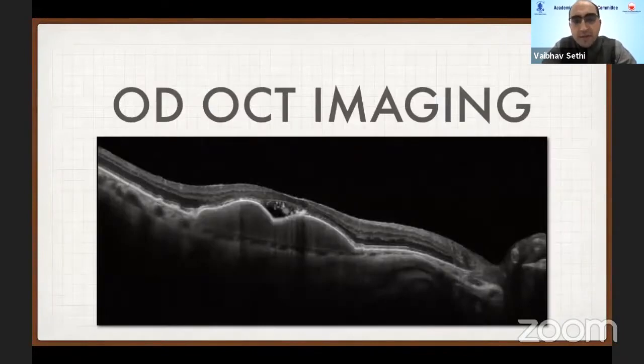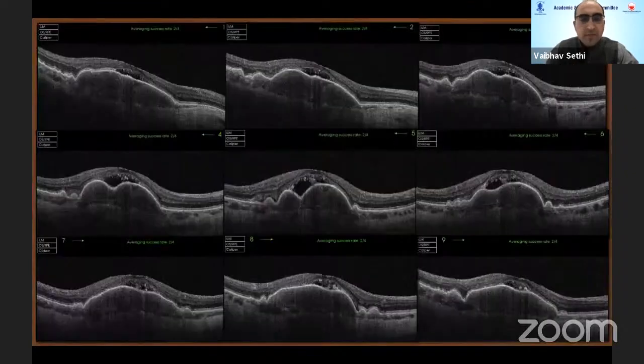On the OCT imaging, it was a bit surprising to see subretinal fluid there. This patient's right eye scan showed confluent pigment epithelial detachment with hyperreflective homogeneous reflectivity underneath, suggestive of drusenoid PEDs, and overlying subretinal fluid. Along with that, there was subretinal hyperreflective material. These are the radial scans of the right eye, which showed the same thing.